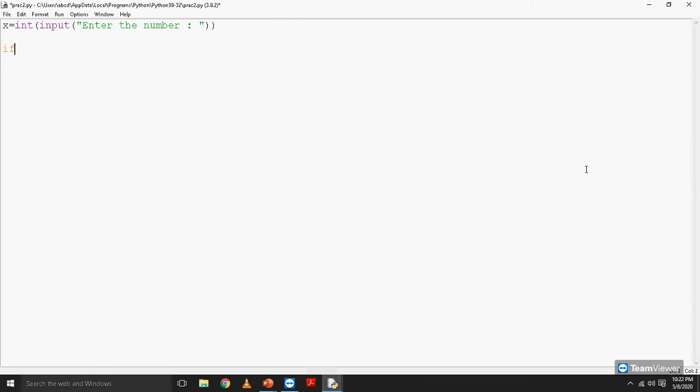If x % 2 is equal to 0, this means that our number will be even. Therefore, I will print x is an even number.